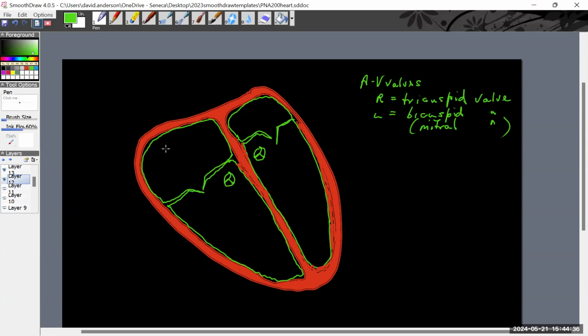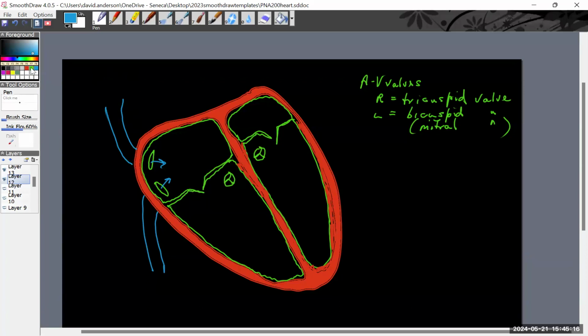Okay, so remember we said atria were receiving chambers. So the atria are going to receive blood from the inferior vena cava and the superior vena cava. So the blood is going to enter systemically from everything above the heart through the superior vena cava and everything below the heart through the inferior vena cava. And as it fills up the atrium, there will be more pressure in the atrium